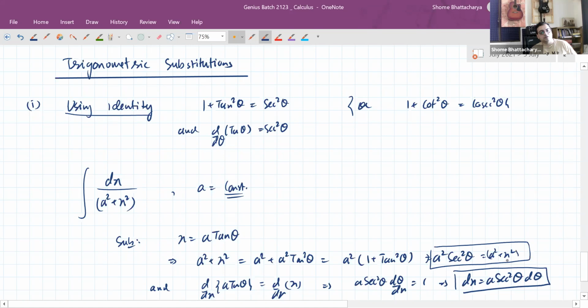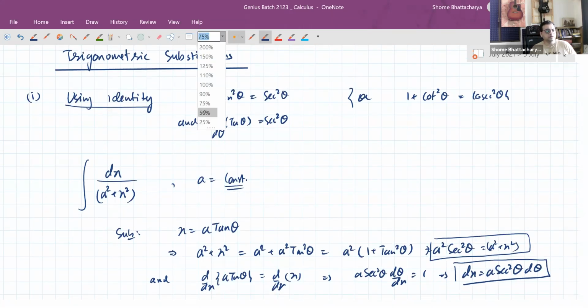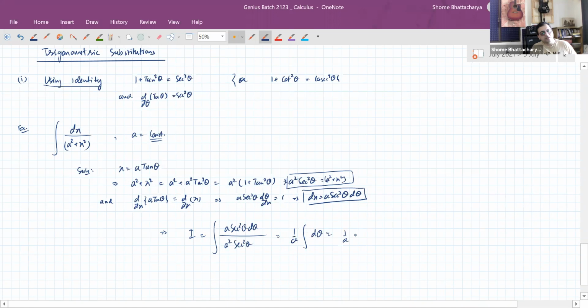This denominator and this can be substituted. So the above integration becomes this. The numerator simply becomes a sec square theta d theta, and the denominator just becomes a square sec square theta. So it's 1 by a coming outside. Okay. So 1 by a d theta